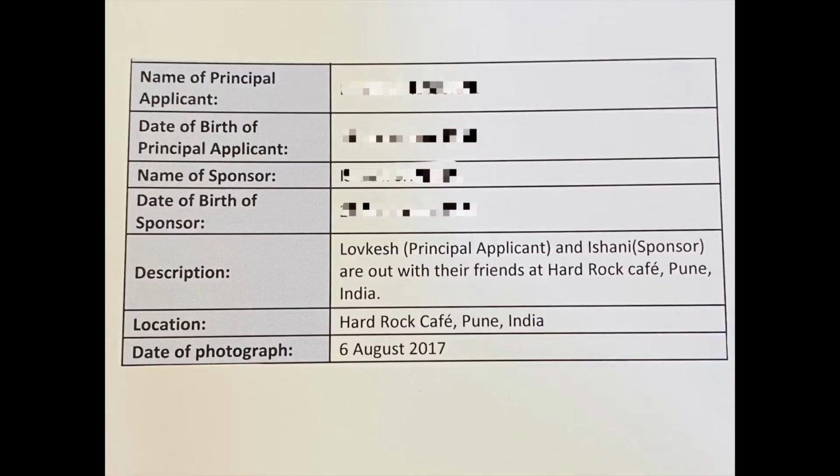For example, we made the booking for our honeymoon, so we shared the same as the proof of our relationship. Also, you need to provide 20 photographs from the timeline of your relationship, which will be of different locations. You need to mention the below details at the back of each photograph: location, date. Also, you need to provide a little description of the photograph. You can find how we provided the details at the back of each photograph.